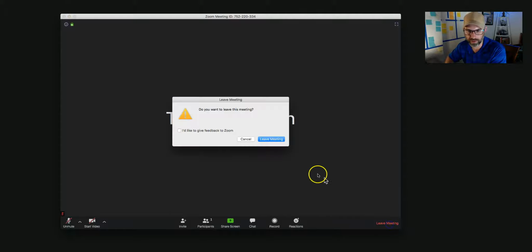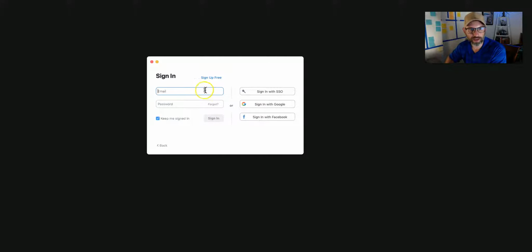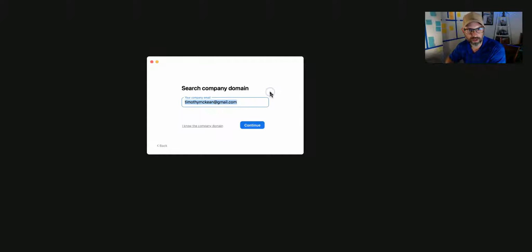I'm going to leave this meeting first. Okay, so from the Zoom app, I can click sign in. If I try to sign in here with my credentials, it will reject me every time. I need to come over here to this button that says sign in with SSO. That means single sign on. That's your ASURITE credentials. And so if I click that,